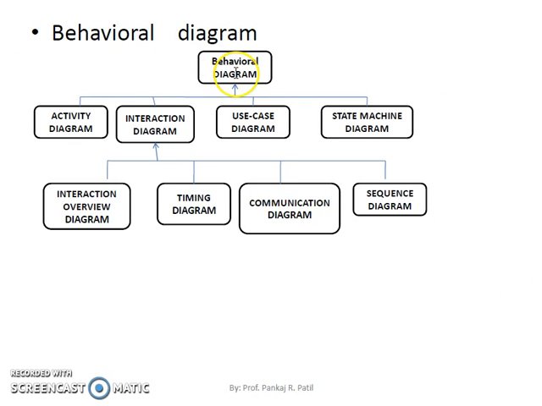Similarly, behavioral diagrams are the diagrams which show the interactions among the objects and entities which are involved in the software engineering or the software system. So behavioral diagrams are of the types activity diagram, use case diagram, state machine diagram, and the interaction diagram. Generally, the interaction diagram contains the sequence diagram, communication diagram, which is also called the collaboration diagram, timing diagram, and interaction overview diagram. These are some of the diagrams which show the behavioral aspect, which show the interaction aspect of the system.